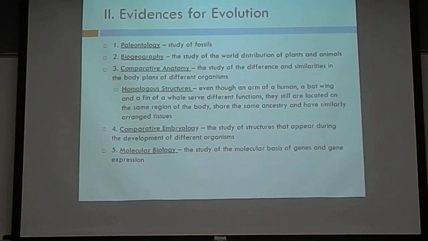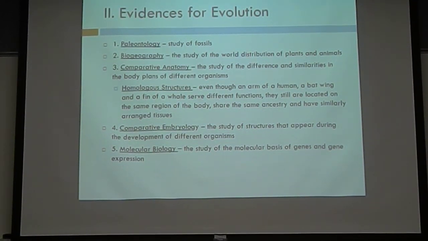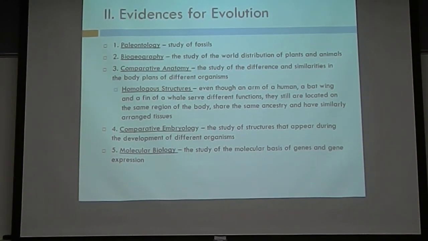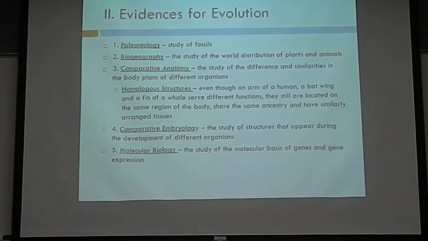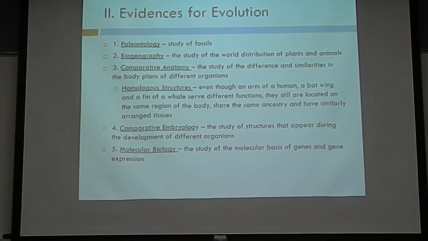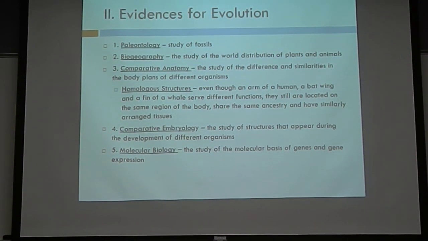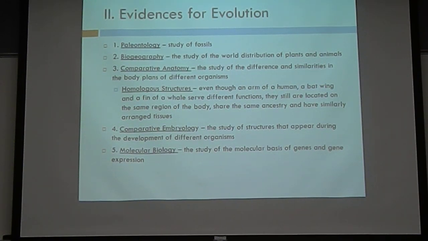Biogeography is a cool study. This is the study of world distribution of plants and animals. So the plantain tree in England, if you go out to the river or creek, there are these big trees called sycamores, right? The sycamore and the plantain tree are very closely related. They look very similar as far as their bark and their leaves. If you held two leaves from each species together, you would not be able to tell which one's which. But they live on different continents,